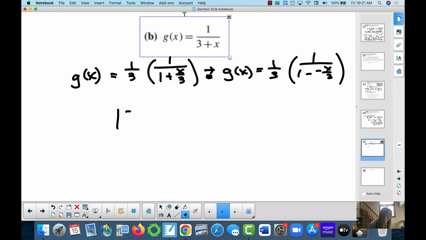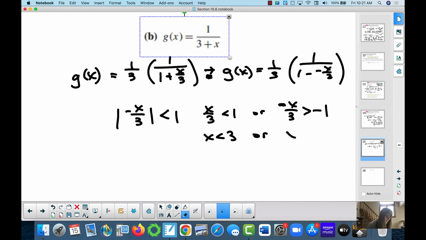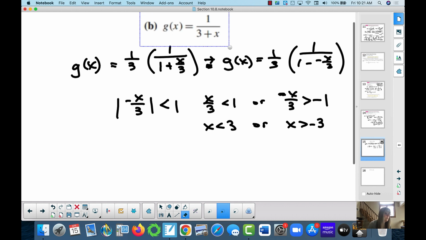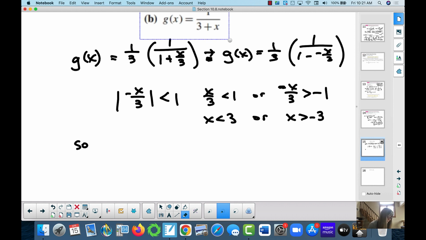So I can say the absolute value of negative x over 3 must be less than 1, which gives me x over 3 less than 1, or x over 3 is greater than negative 1. I don't need the negative anymore because of this absolute value. So we change that to each of these. So x is less than 3, or x is greater than negative 3. So on the open interval, negative 3 to 3, that function g of x can be represented